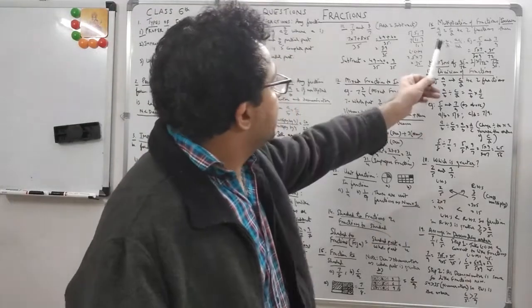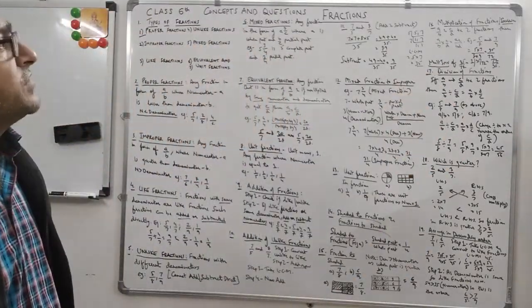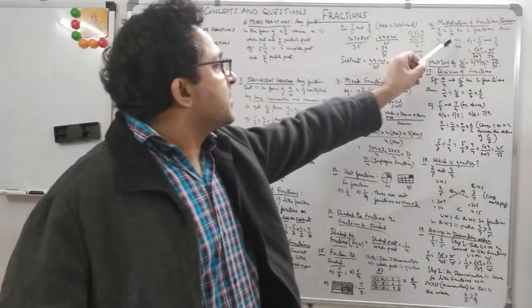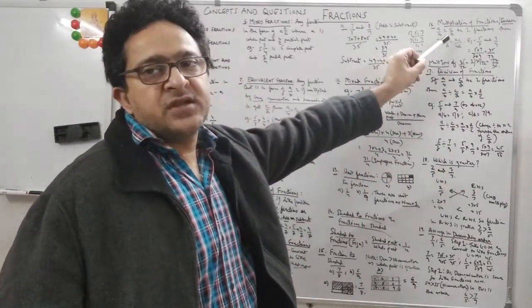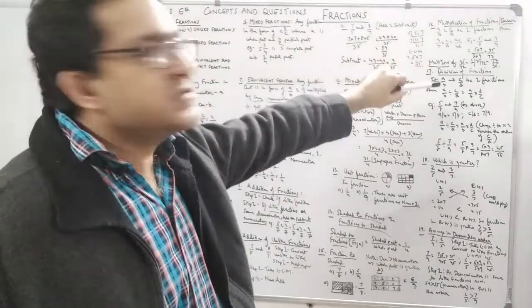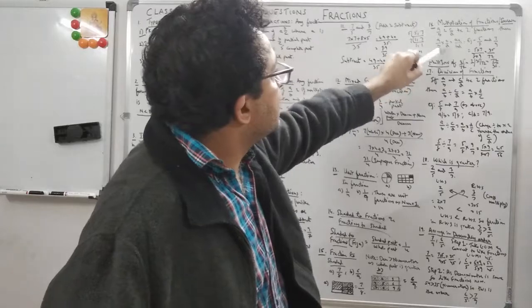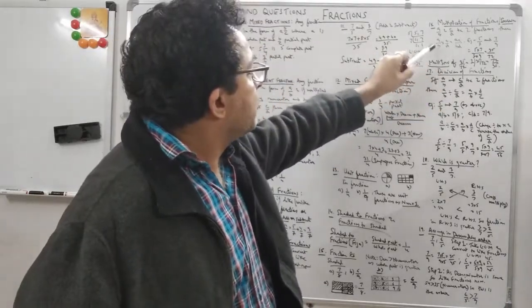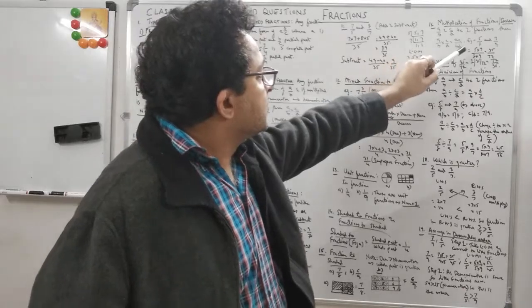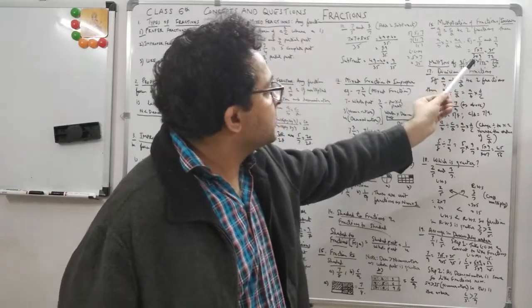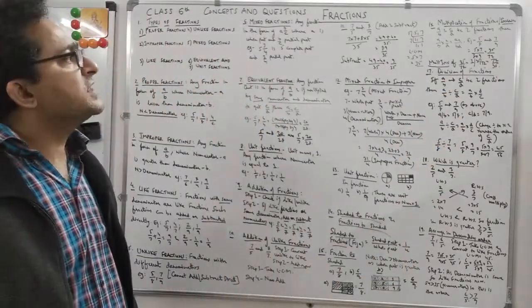So now multiplication of fractions and multiplicative inverse. There are two things over here. So A upon B and C upon D, let these be two fractions. So we have to multiply these fractions. When we do A upon B into C upon D, you can directly multiply, which is A into C upon B into D. So for example, 5 by 8 and 7 by 9 you have to multiply. You just simply do it directly, 5 into 7 upon 8 into 9, which is 35 upon 72.